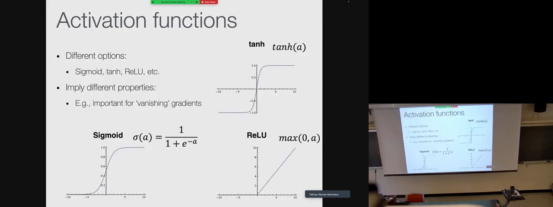We can use any other kinds of functions like the sigmoid function, tanh function, or ReLU. So remember, in general, these activation functions should behave in a certain way. For example, look at the sigmoid. It has two limits. One limit is that it converges towards 0 at -infinity, and at +infinity it converges to 1. So it's like a smooth switch from 0 to 1 that happens around 0 here.